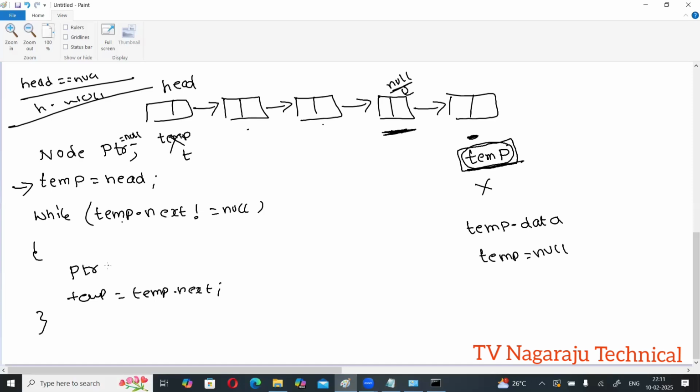Inside the while loop, what I am doing? PTR is equal to temp. That means whatever the temp is, that is assigned to PTR. Now PTR also points to this position. And in the next step, what you have written? Temp is equal to temp dot next. Now temp moves to this position. You got my point? Before moving the temp to the next position, I am storing the previous address